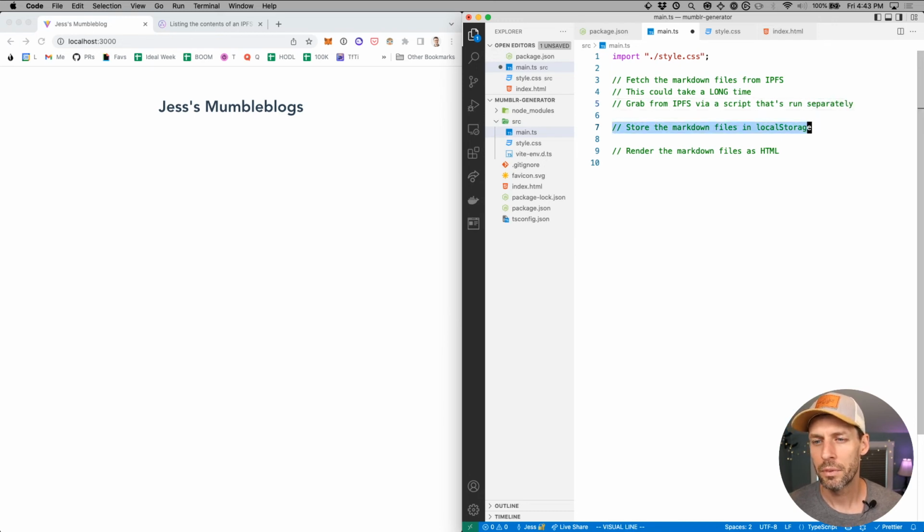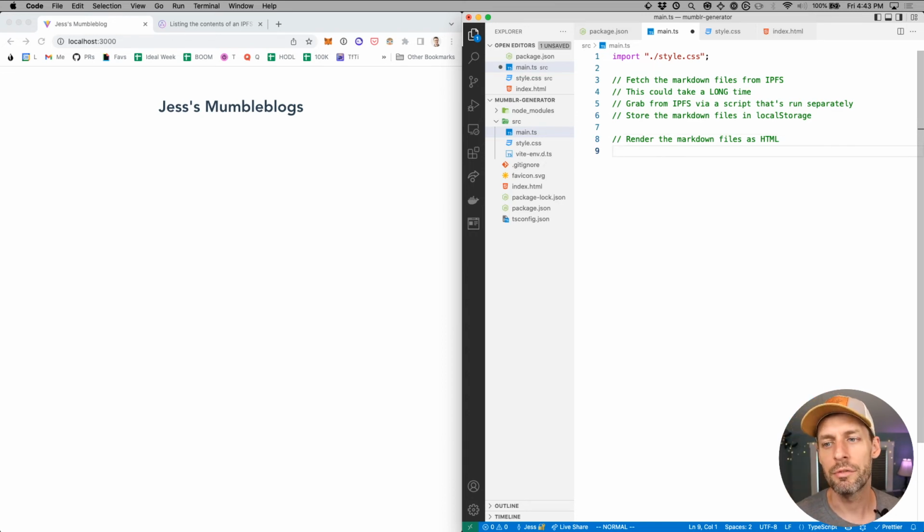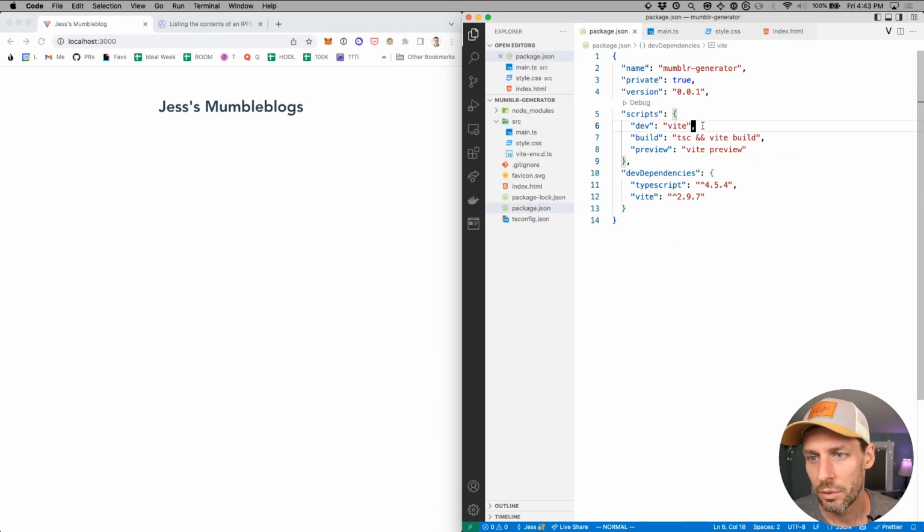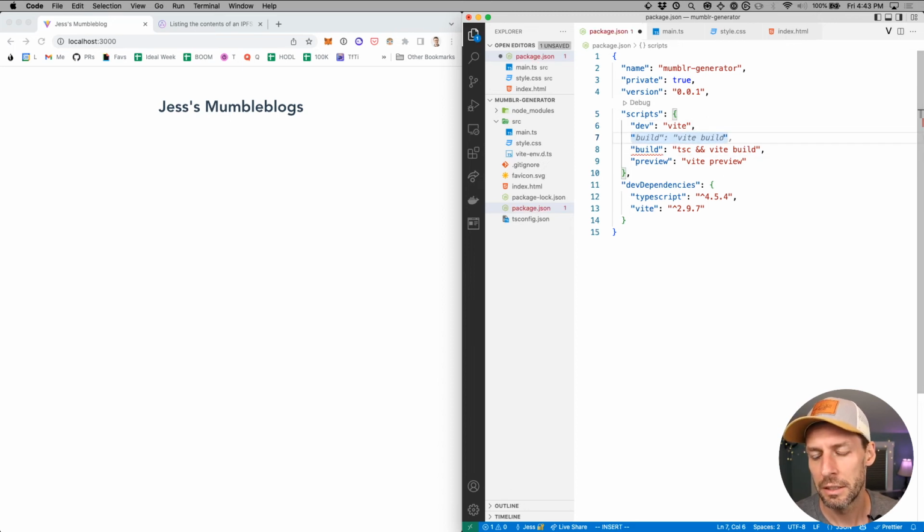And then we just iterate over those Markdown files in Vite. It's probably smarter to separate those two things than it is to have them all bundled together. So like we should probably have a like